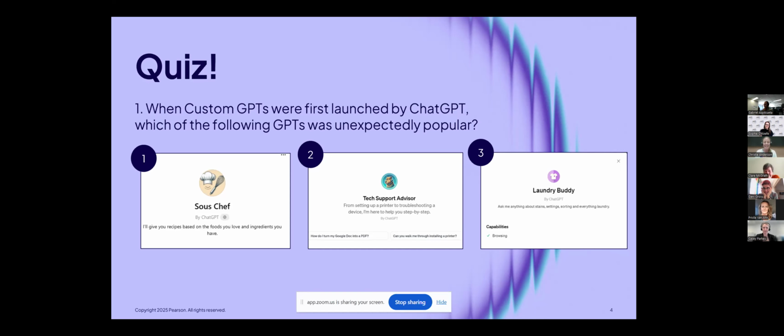So you can see here, just to go back to what I was saying. So these 3 custom GPTs have been created by ChatGPT. Okay, so in that level of personalization, they're not a ChatGPT, they are a custom GPT, but they are created by ChatGPT. So they are more personalized, and they are a specialist in laundry. But of course, they don't know my specific requirements until I tell them. So that's great. Well done. Question 1, most of you got right, it sounds like.